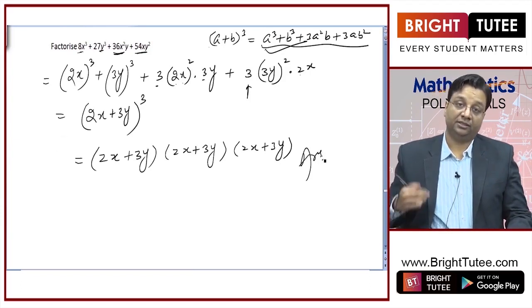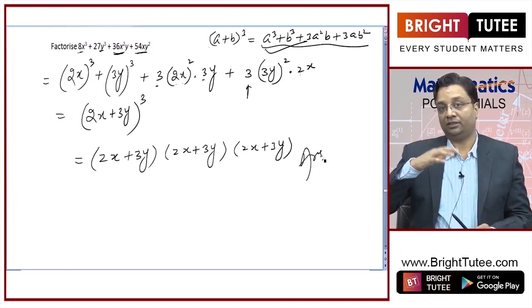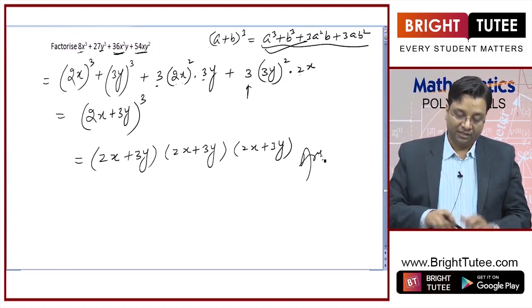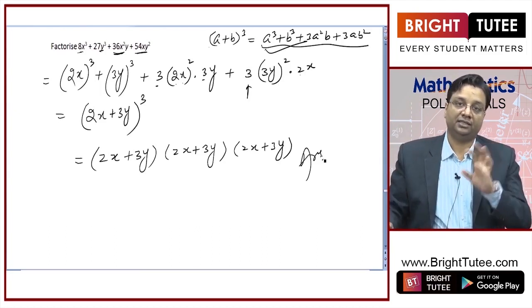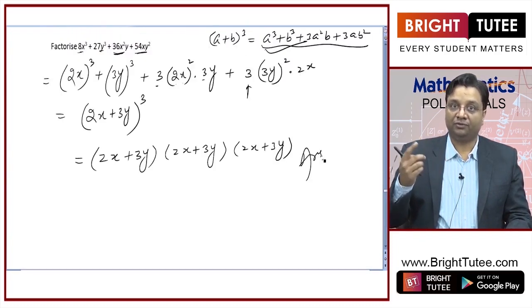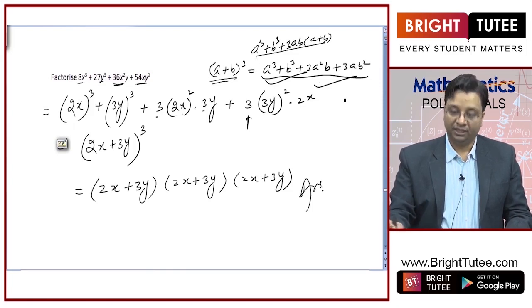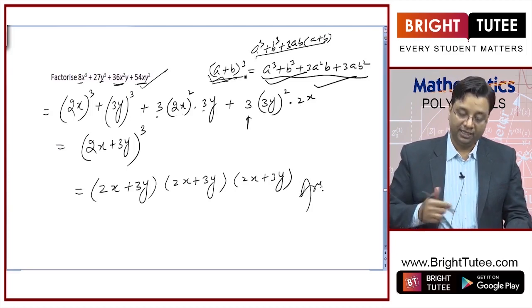These questions are really intuitive questions, right? Once you see this question, you will see the corresponding identity. If you have memorized the identities, just by looking at the question, the identity will click to you. So it is important that you first learn the identities in the forms that I taught you, in more than one form. If you have memorized this identity as a cube plus b cube plus 3ab into a plus b only and not this form, then you might not be able to see it directly that it is of this form. So it is important that you work on the identities first and then come to the questions.